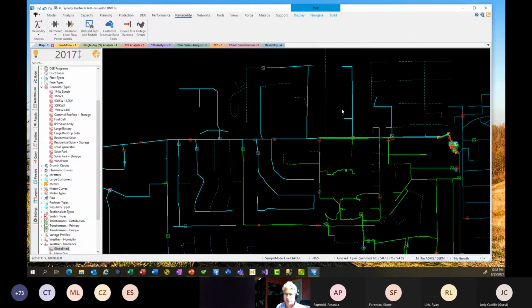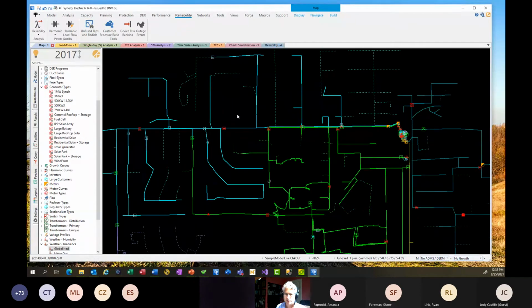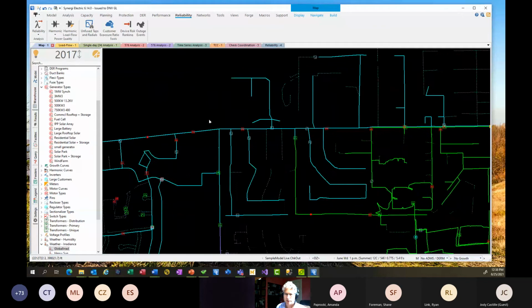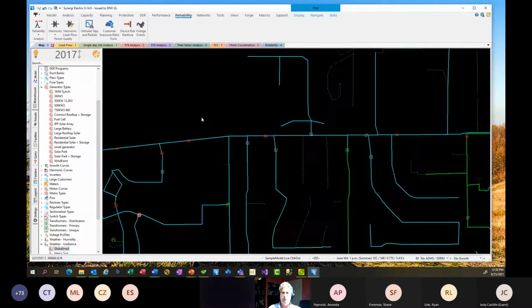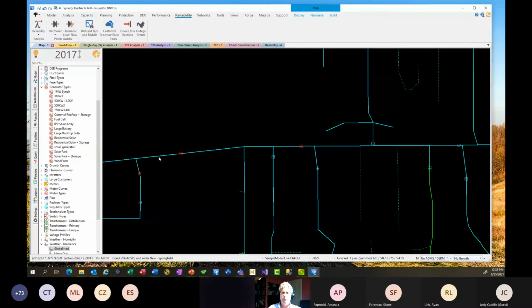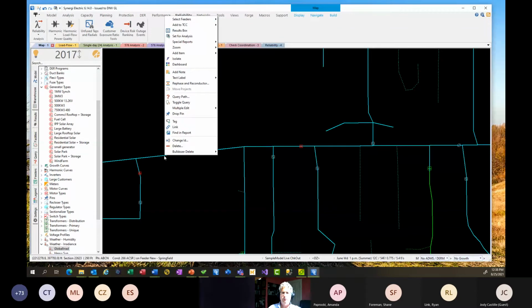All right, so to trace between 2 points, let's just do it first here. So downstream and upstream from a node to a source. Yeah, so if we want to trace from here up to the source, you can right click on a section, and we're going to go into the query path right here. So if you do a right click, a query path,